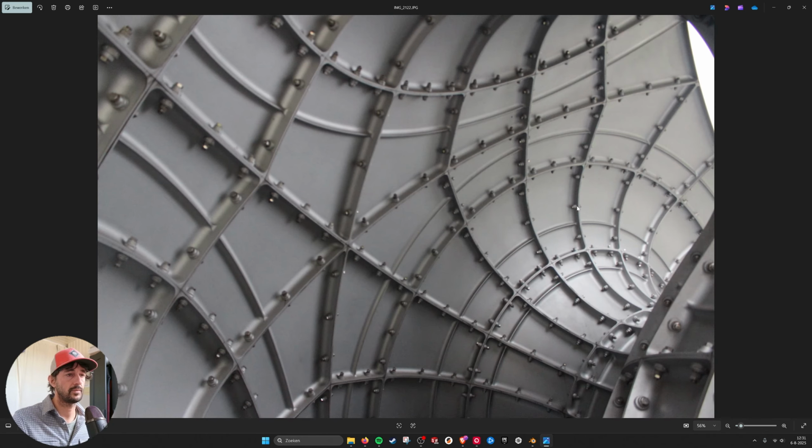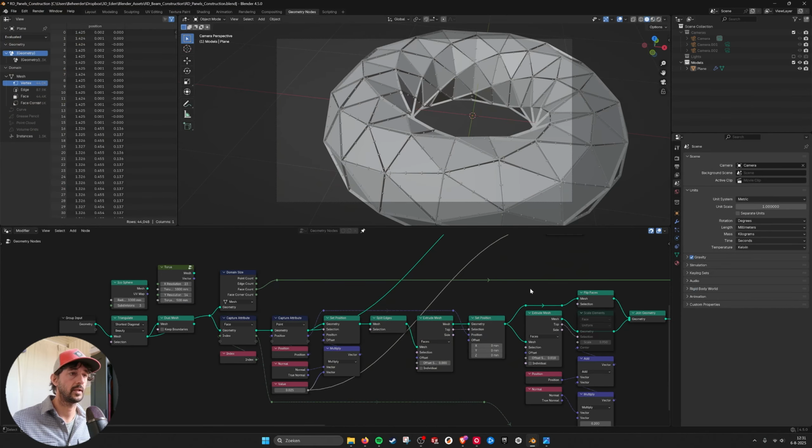So I found this very nice visual, and I was wondering, could I make this in geometry nodes as a procedural system? So I went into Blender and I made two versions, and I'm going to show you the nodes